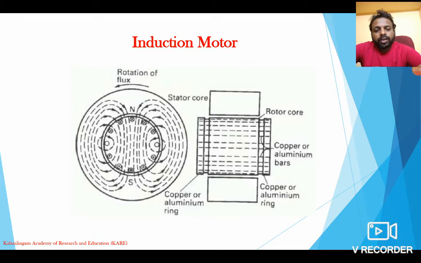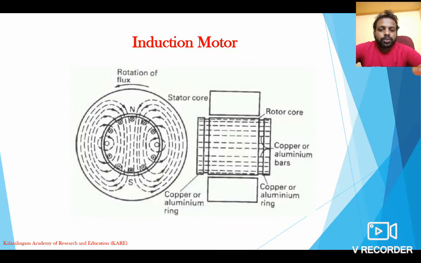Due to the disturbance of the magnetic lines, the EMF is induced in the conductor of the rotor, right? This EMF flows through the armature winding. As I said earlier, when current flows in the magnetic flux, it tries to rotate, so the rotor is going to rotate in its own axis. So this is the basic principle of induction motor.